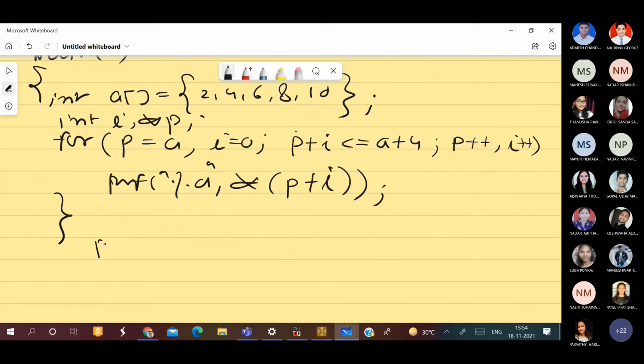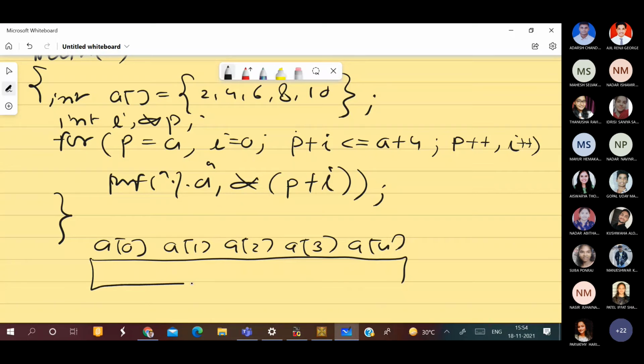So let us make the table so that we can understand this. That is A0, A1, A2, A3, A4. This is 2, 4, 6, 8, 10.